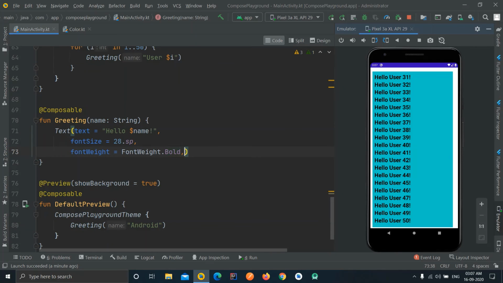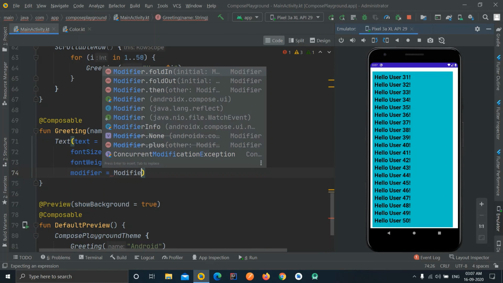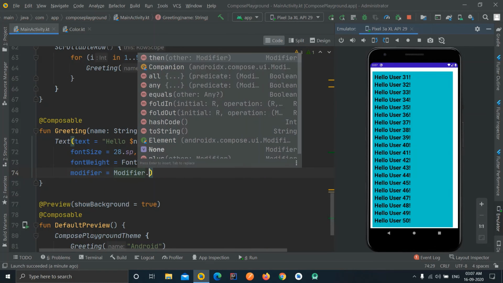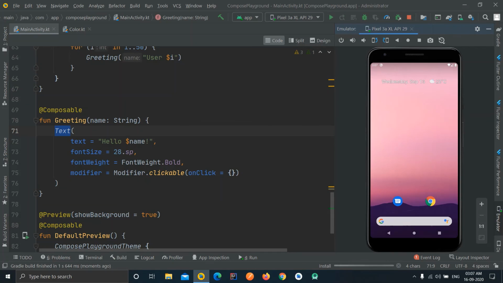All I need to do is define the modifier over here like this: modifier.clickable, and now each of our items will become clickable rather than the whole layout. So now let's run our application.